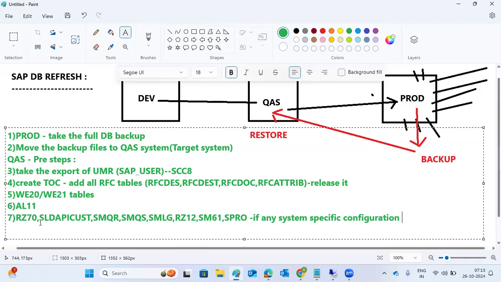SLD API cut screenshot, RZ70, AL11, W20, W21, they are the tables. We can take it out here. So maybe if required, then we can also take the tables backup. Tables backup means same TOC, you can create the transport of copies,